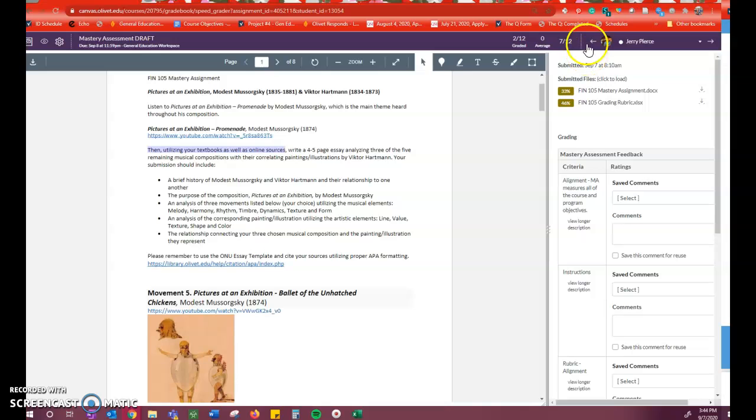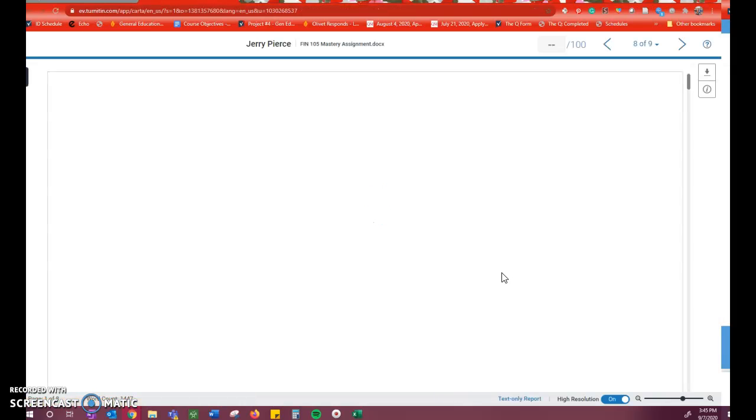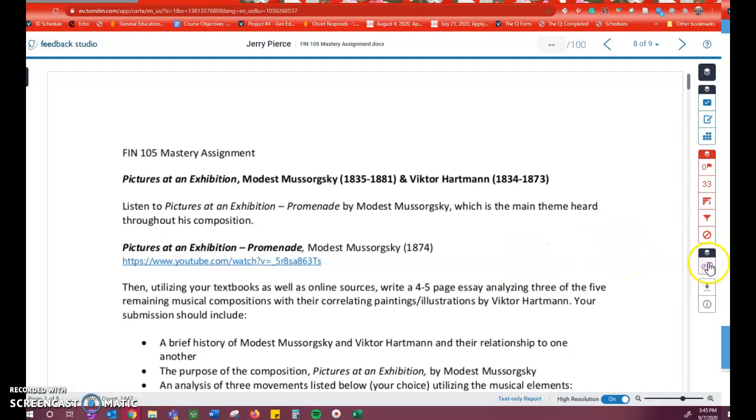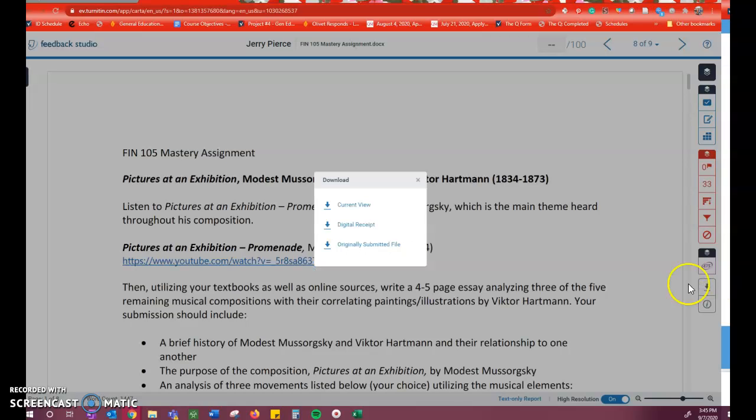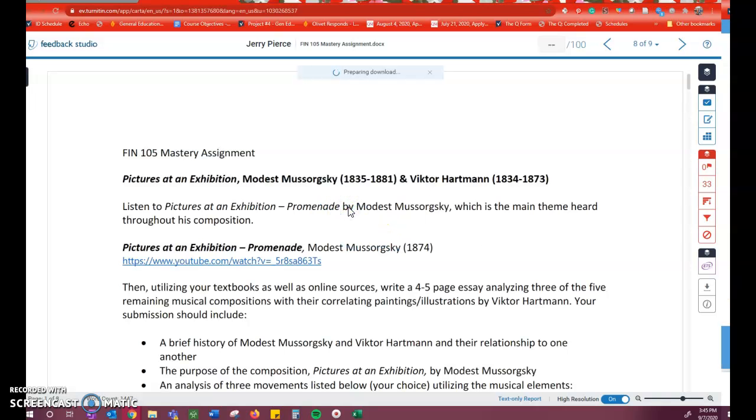And then I wanted to show you another item that I am doing: I am saving a report and uploading it back to them. So if you want to see the grammar check and the Turnitin check, click the similarity score, and it's going to take you right to the Turnitin and ETS score right here. And then what I do is I download it, hit current view,